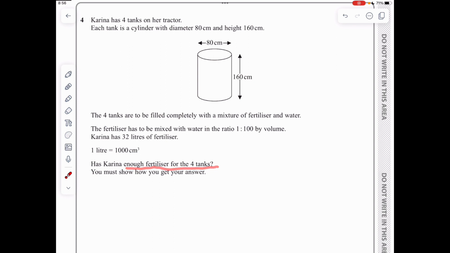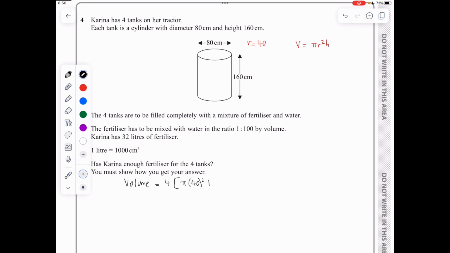I will start by finding the total volume, and we start by noting that the radius of this cylinder is 40. We know that the volume of a cylinder is pi r squared h. So in our case, the total volume will be 4 times the volume of the cylinder. So 4 times pi times 40 squared times 160. The 160 is the height. This gives an answer of